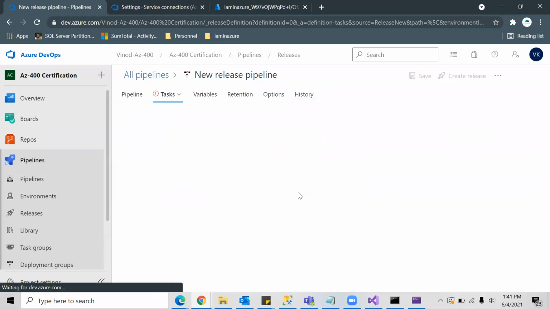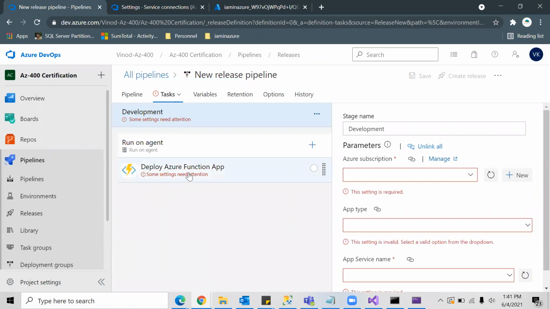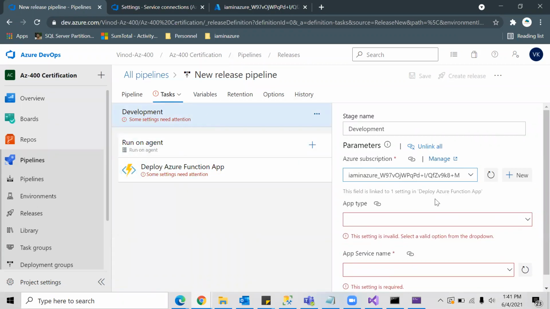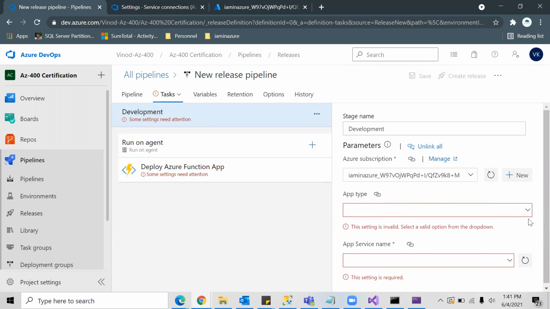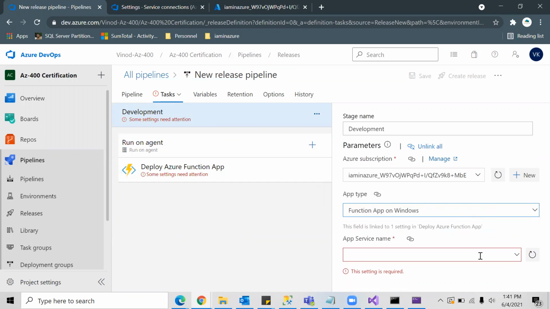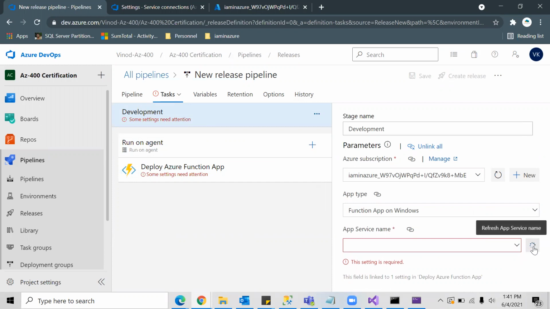Inside the jobs and tasks, I will select the service connection, and the app type is Windows or Linux. I have one on Windows, so I just selected that, and I will refresh this.